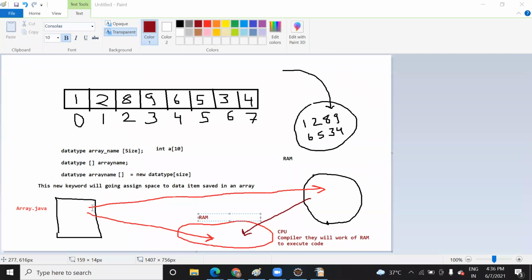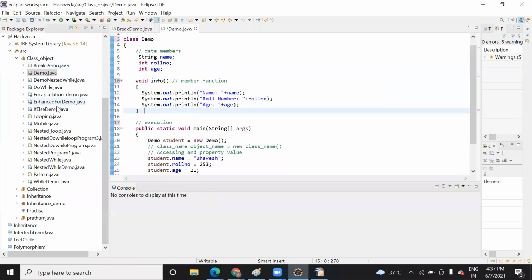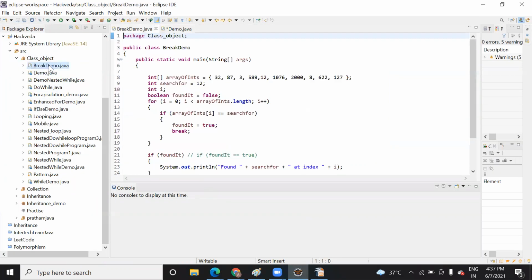That is the reason why I explain this, so that you can visualize and imagine how the execution of a program actually happens, so that when you present it in an interview or explain it to anyone, you know internally how the working is happening. This is your Java program, this is your storage, that is your disk. When I click on this Java program, it opens here. It means that this code is open with this Eclipse IDE on my RAM.